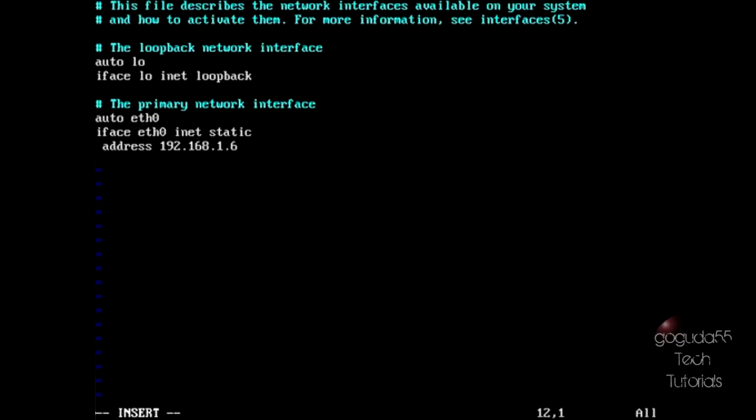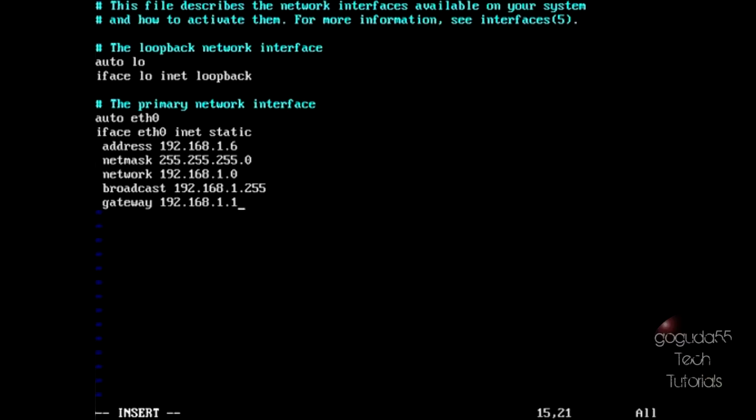I'm going to hit enter, netmask, so my subnet mask, in my case that was 255.255.255.0. Hit enter, network, 192.168, the second last set of digits in your bcast number, so in my case that was 1.0. Enter, broadcast, your broadcast number or bcast number. Enter, gateway, the IP address of your router. Common router IP addresses are